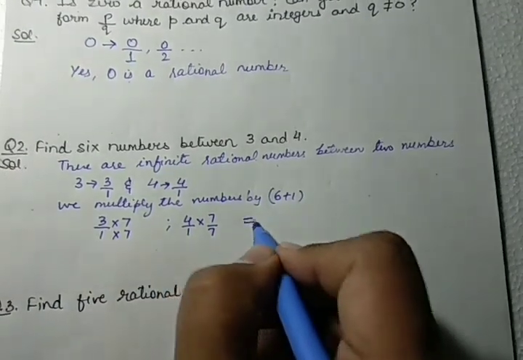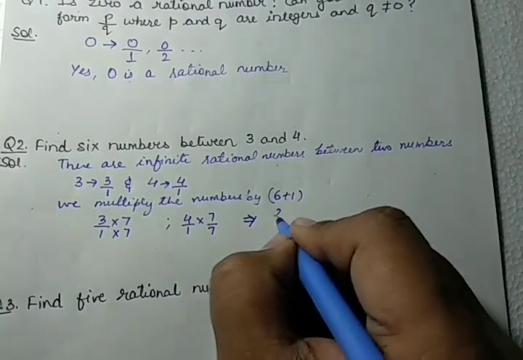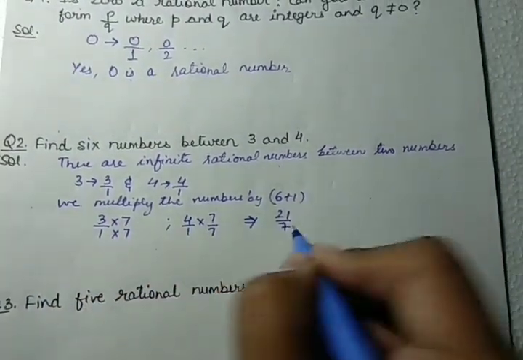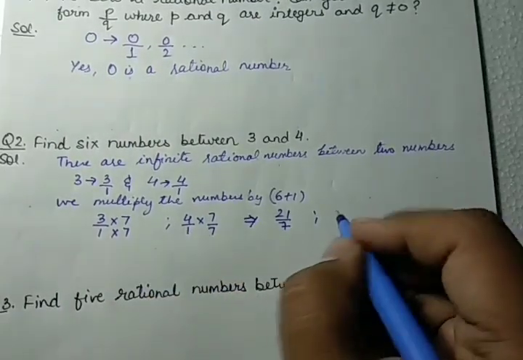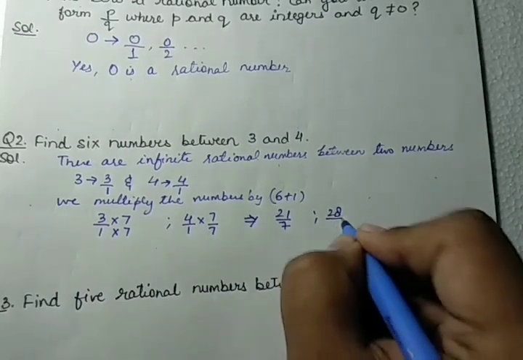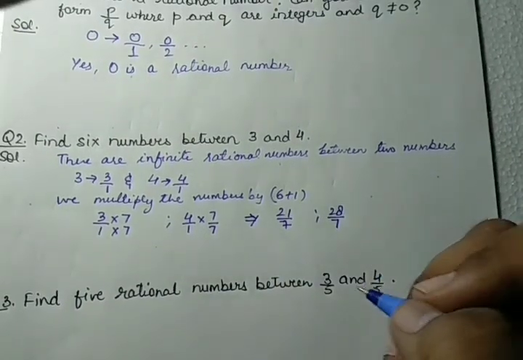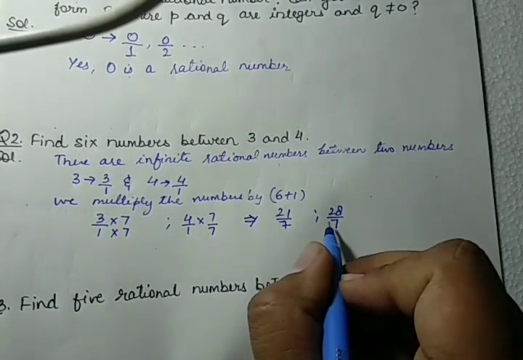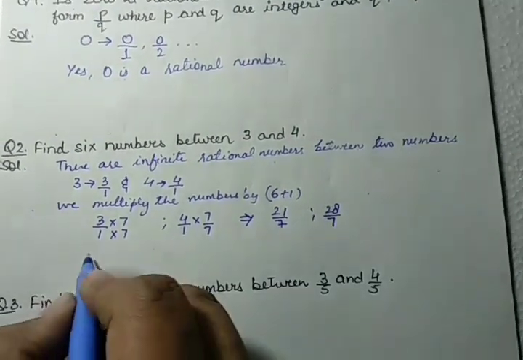So these numbers will become now 21 upon 7. This 3 into 7 upon 1 into 7 becomes 21 upon 7. And 4 upon 1 into 7 upon 7 will become 28 upon 7. Now, can you see 6 numbers between 21 and 28? Yes. So those numbers will be